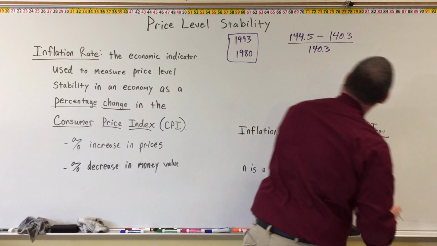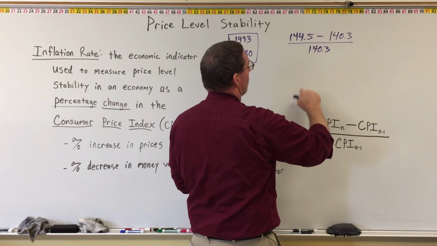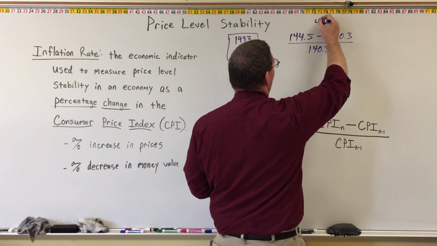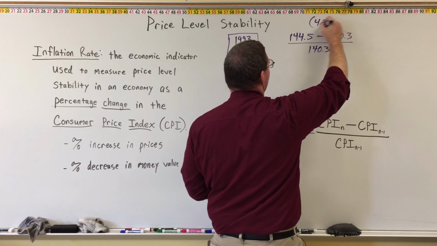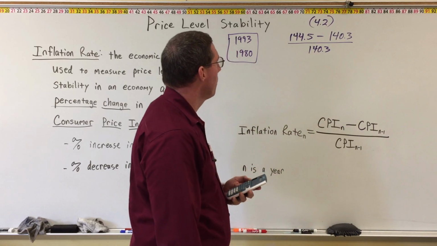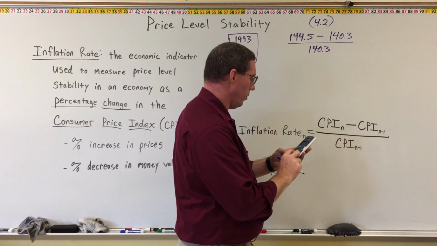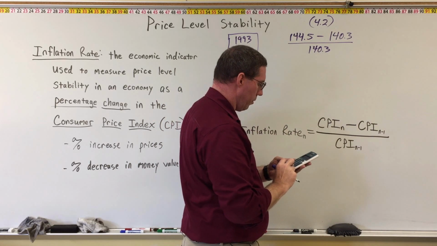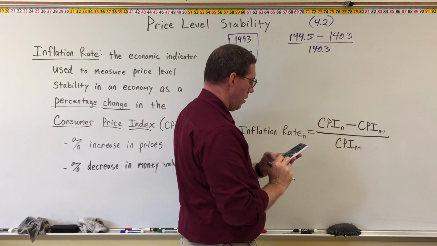And so, if we do 145.5 minus 140.3, we get 4.2. So the numerator is 4.2, and then we're going to divide 4.2 by 140.3, and we get